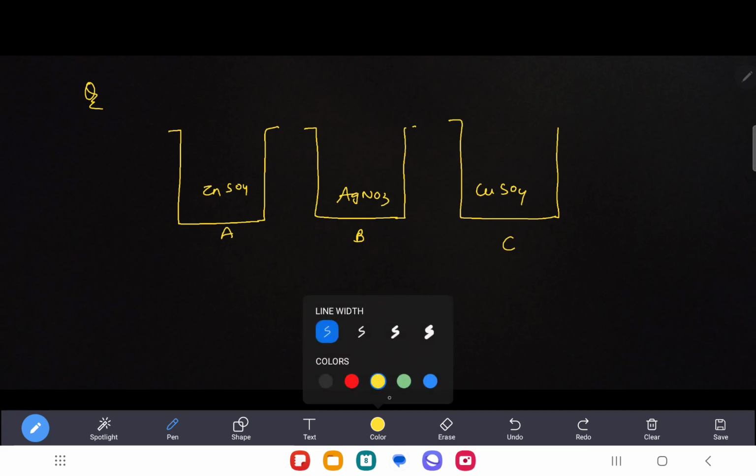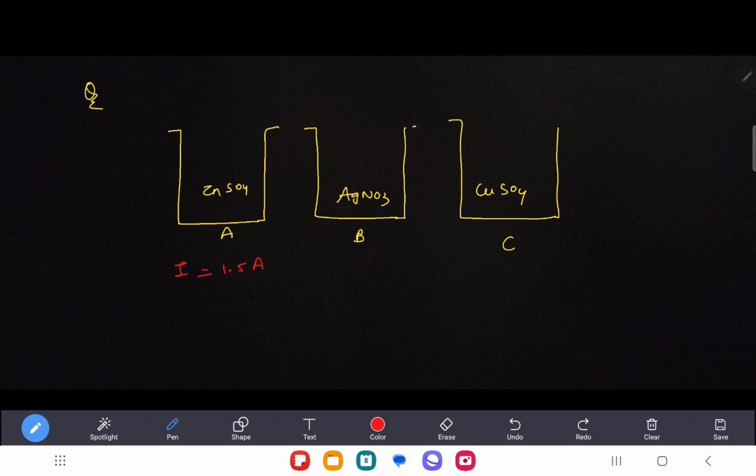और कनेक्टेड इन सीरीज, सीरीज में क्या सेम रहता है? करंट। तो सीरीज में अगर current of 1.5 ampere was passed through them until 1.45 grams of silver deposited। तो यहाँ पे जो Ag डिपॉजिट हुआ वो 1.45 ग्राम्स डिपॉजिट हो गया। How long did the current flow? What mass of copper and zinc were deposited? करेक्ट। अब सिल्वर का मोलर मास होता है 108।